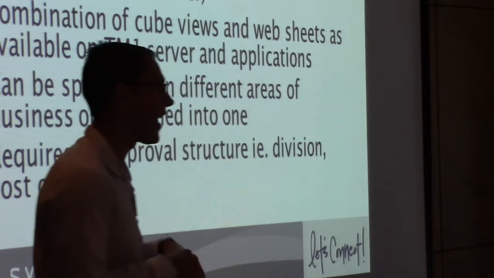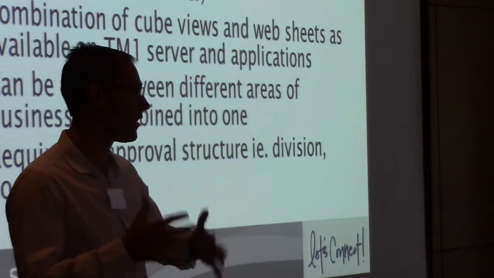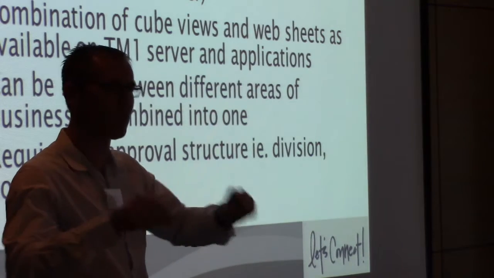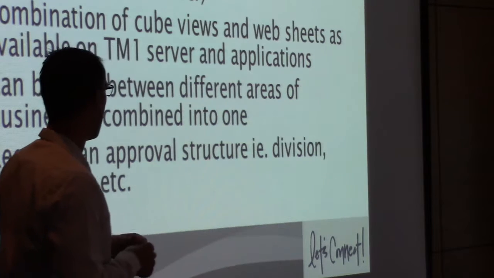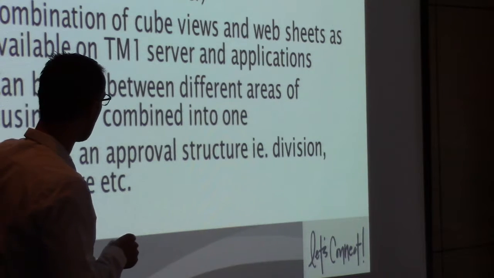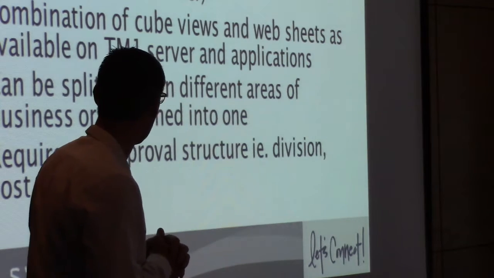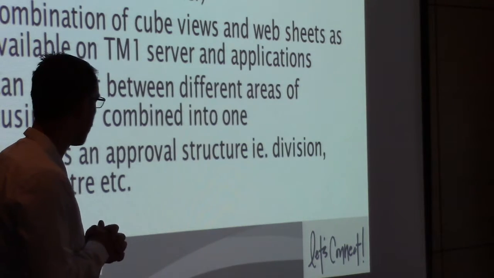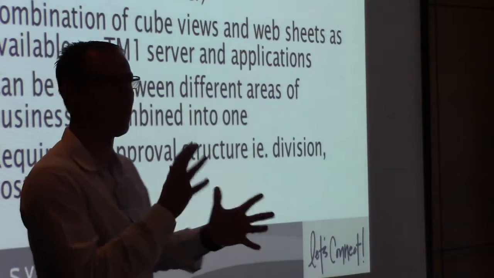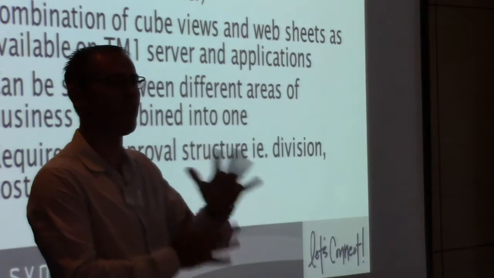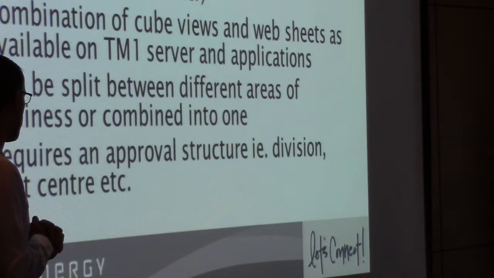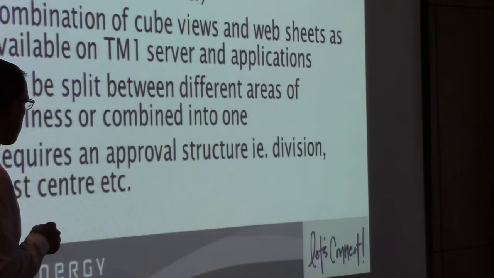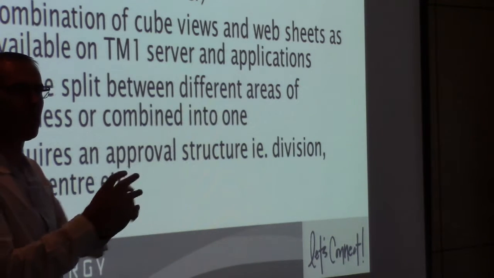You can literally have a CFO who doesn't get involved in the process do a digital signature by hitting the final submit button, which is quite nice. You can do a combination of Q views and web sheets. I'll give you an example of that. That basically means that with the Excel workbooks, you can create user-friendly budget loading interfaces, or you can just use the Q views. And you can break your budget down according to your budget holder structure.